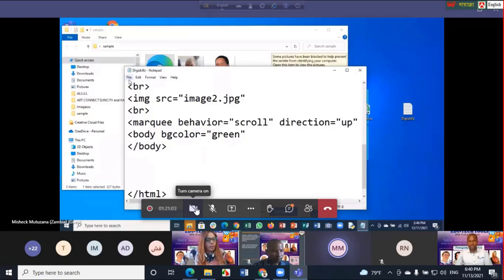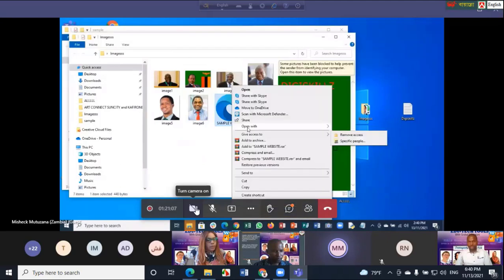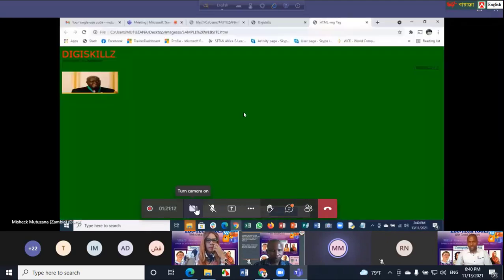You can even say open with now, again Google Chrome. Now, as you can see, I have the words. DigiSkills was in red. Then I have this one, welcome, DigiSkills. It is scrolling up.